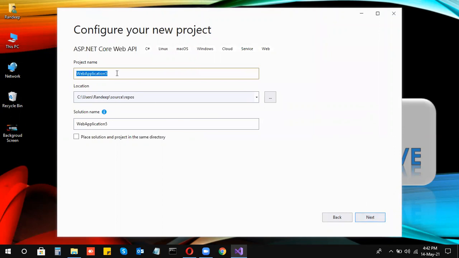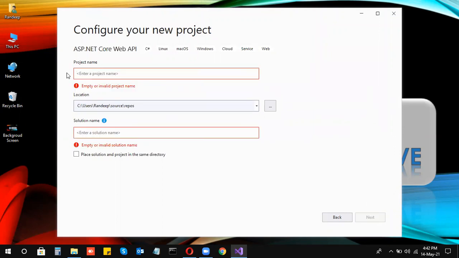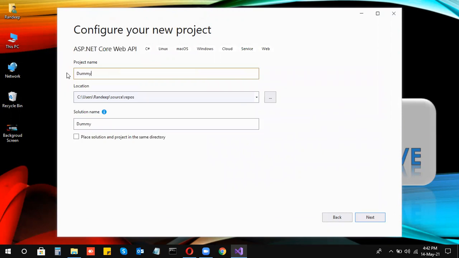Now you can give the name of your project. I'm just giving a dummy project name, dummy CRUD operation. I hope you all know about CRUD. C stands for create, U stands for update, R for read, and D for delete.